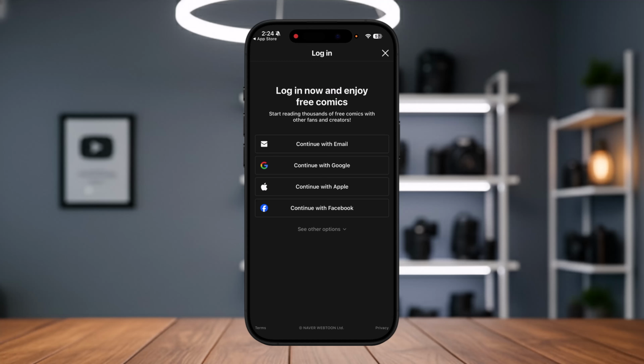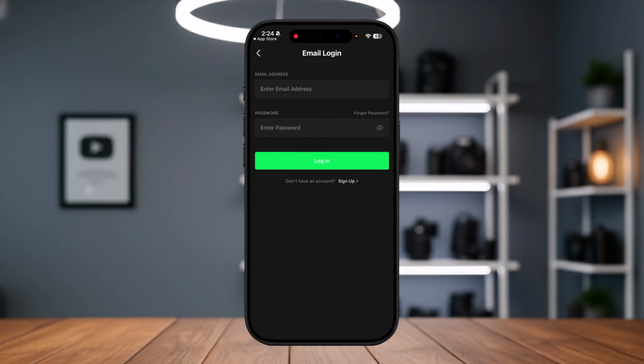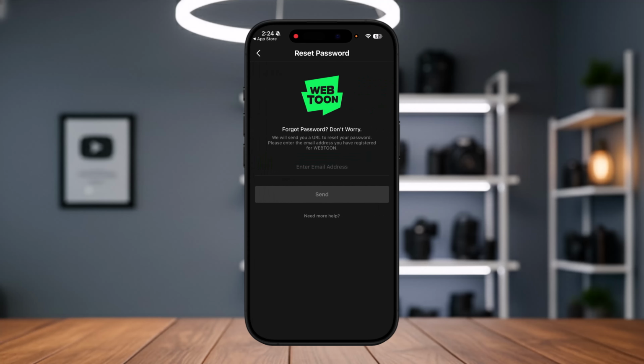Now, in order for you to go ahead and reset your password, tap on continue with email and simply go ahead and tap on the forget password tab that is right above this eye icon right over here, as you can see. So simply tap on that and now it's going to ask you for your email address. Once you go ahead and enter your email address, they'll send you a URL to reset your password on your email. So simply go ahead and reset it through